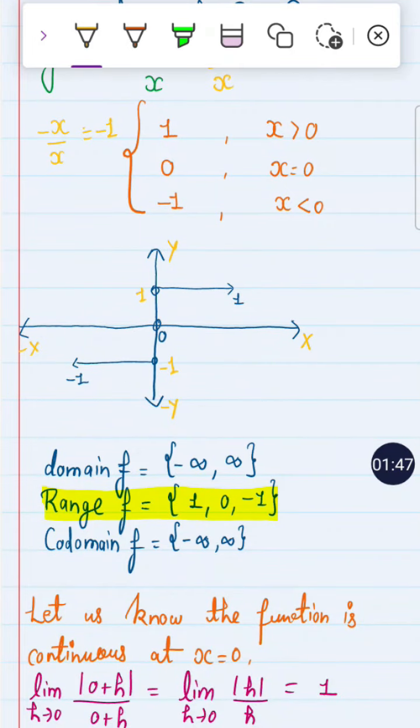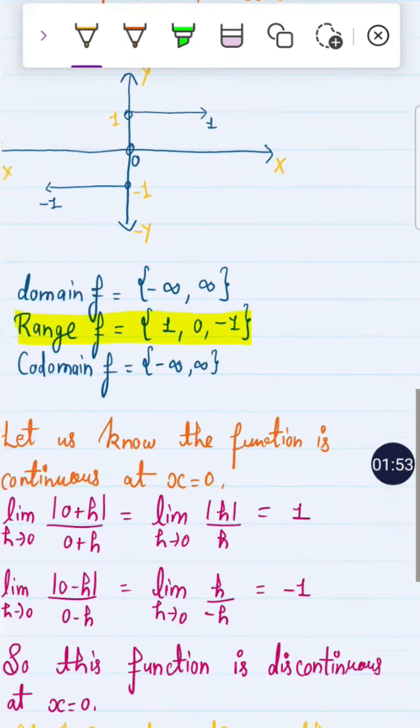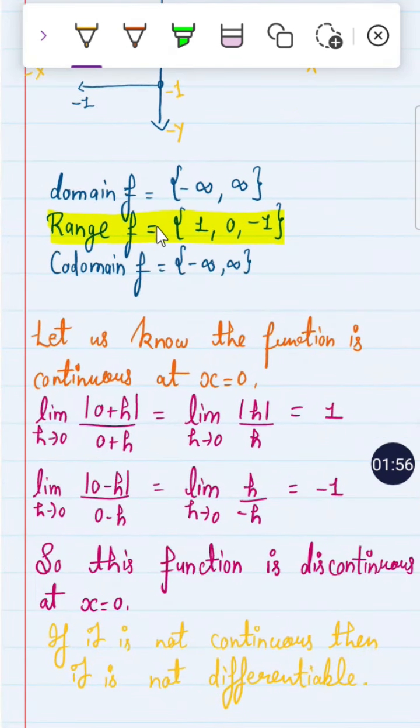So by the graph you can say that this is a discontinuous function, right? Yes, of course. How do you know that? Now let us check whether the function is continuous at x equals 0 or not, right? So let me define